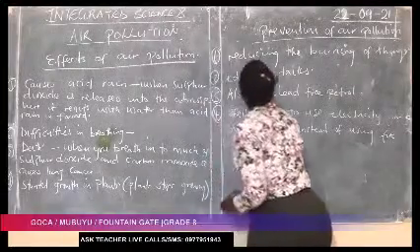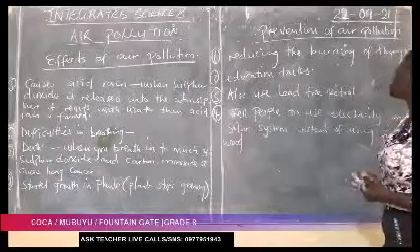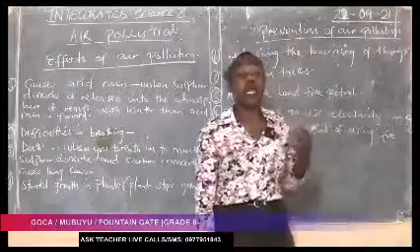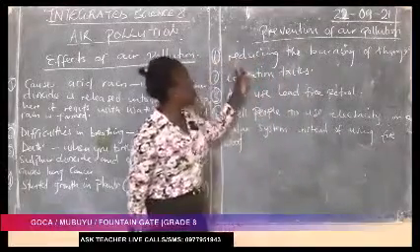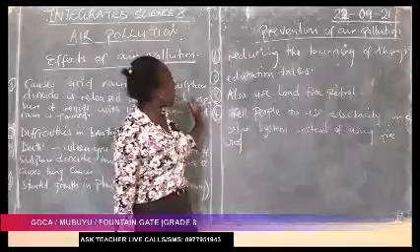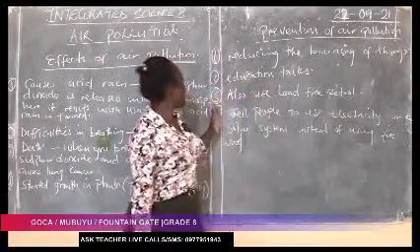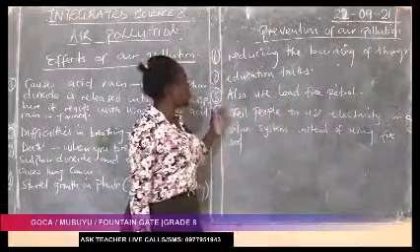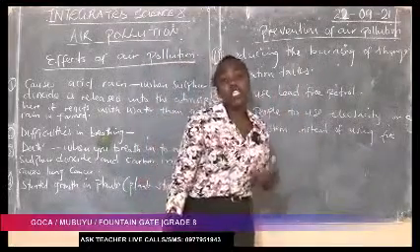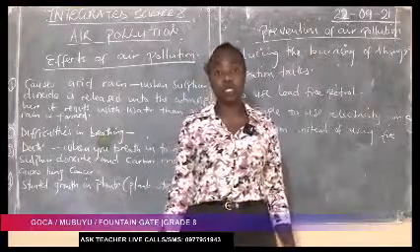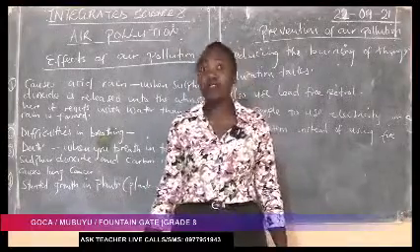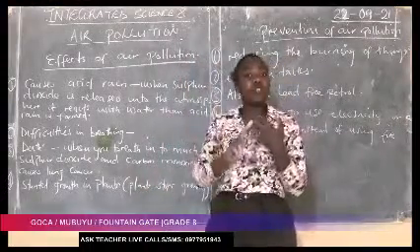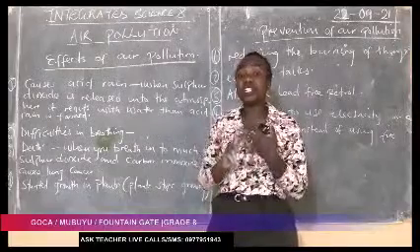Okay, so these are the preventions you can take when you want to reduce air pollution or you do not want to cause air pollution. The first one is reducing the burning of things. The second one is educational talks. The third one, you also use lead-free petrol. Apart from that, you tell people to use electricity instead of using charcoal or firewood. Are we together, class? At least I believe you have no problems on the causes of air pollution, on the effects of air pollution and on the preventions of air pollution.